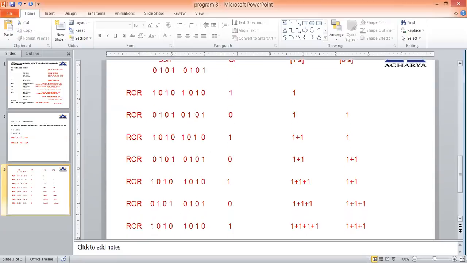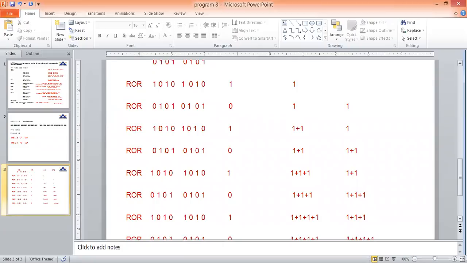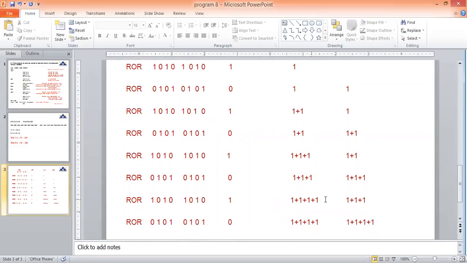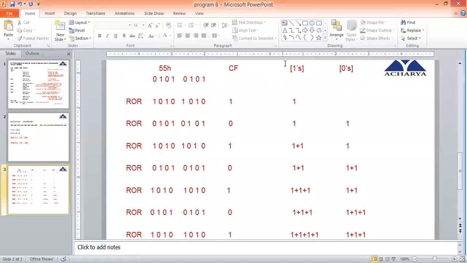So finally, what is the result you're going to get? You can see here, the counter for 1 gets incremented and the counter for 0 gets incremented. Finally, how many ones and how many zeros do you have? 1 plus 1 plus 1 plus 1, and 1 plus 1 plus 1 plus 1. So overall 4 and 4. The total count of ones in this number is 4, and the total count of zeros in this number is 4. So you will get the count as 4 and 4. This is an 8-bit number. I have taken a simple example because rotation becomes easier. This is the logic we are applying in our program.